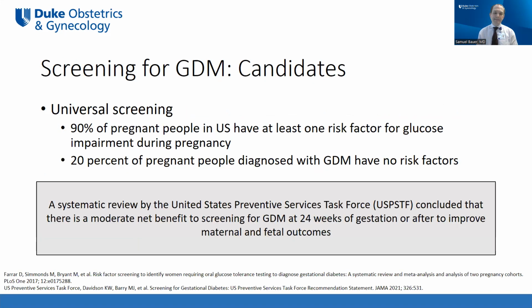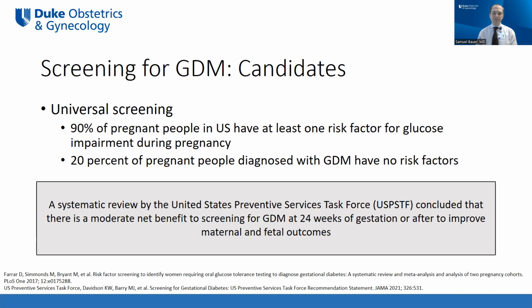As far as screening goes, there is thoughts behind universal screening, and that's really what is most advocated for. We know that 90% of pregnant people in the United States have at least one risk factor for glucose impairment in pregnancy. And if you went by risk factor screening alone, we know that 20% of pregnant people diagnosed with GDM have